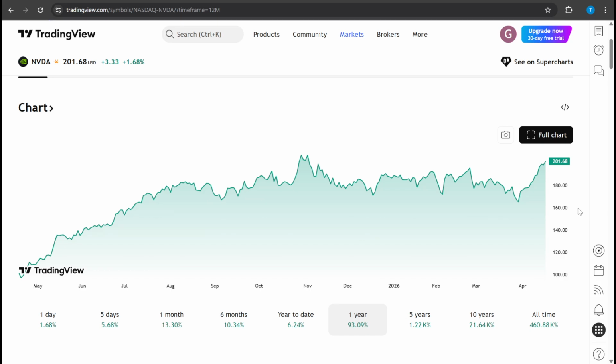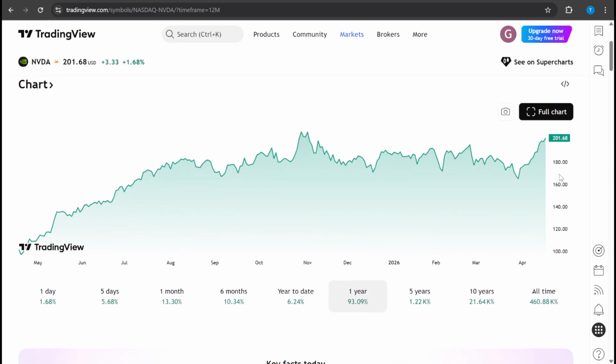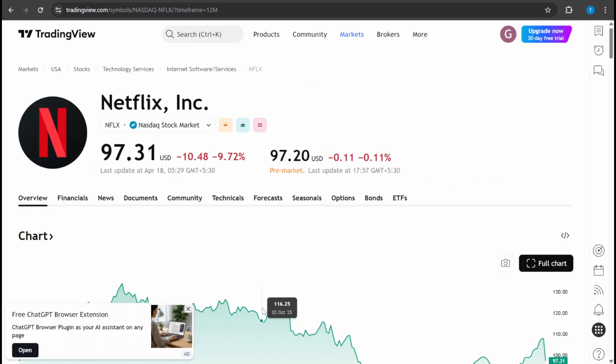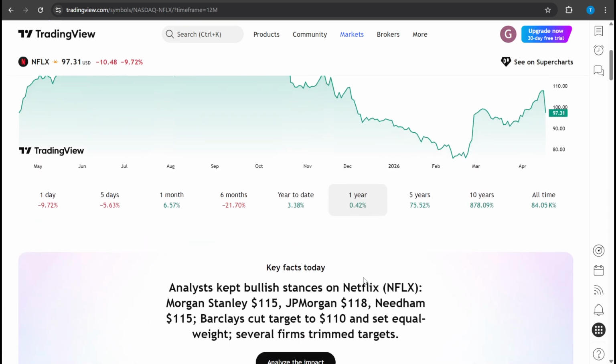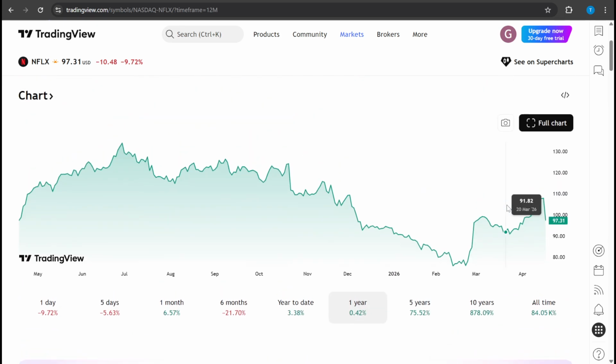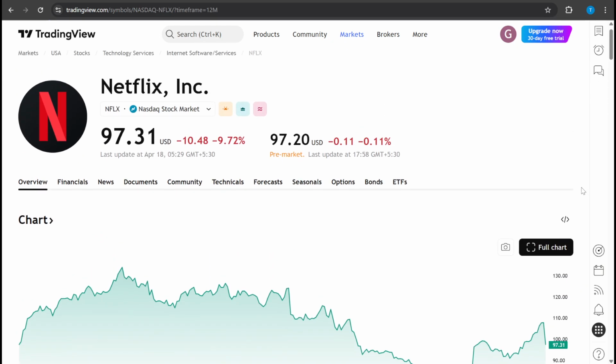to drop much further. On the other hand, we have low beta stocks, which sit between 0 and 1. These are often viewed as defensive investments because they are less sensitive to market swings. A great example is Netflix, which has a beta of 0.69. This suggests that Netflix is theoretically 31% less volatile than the overall market. While you might see smaller gains during a roaring bull market, these stocks often provide more stability and cushion during